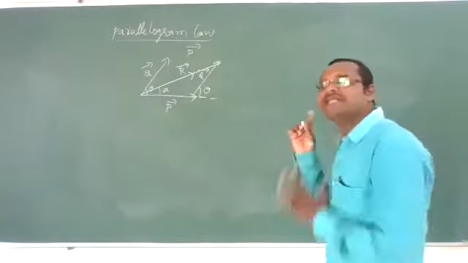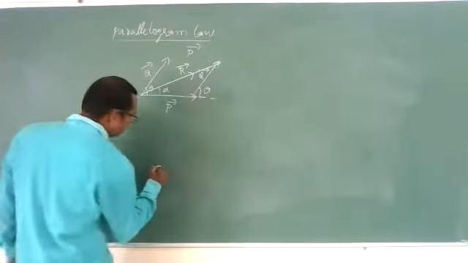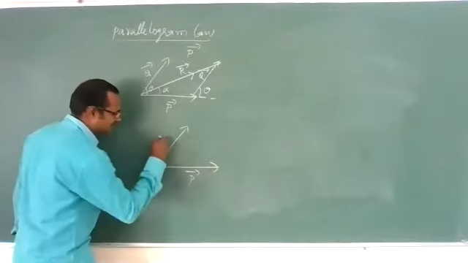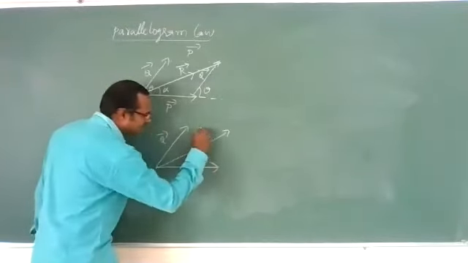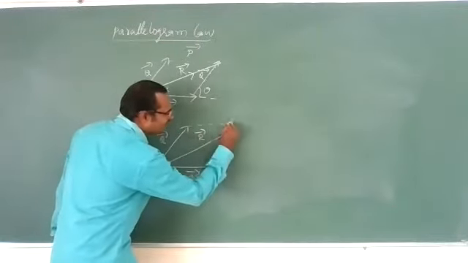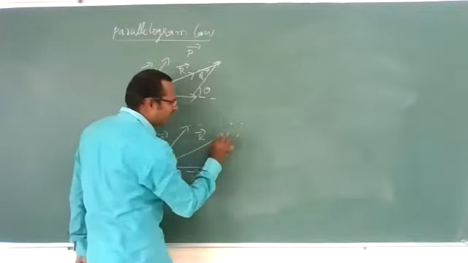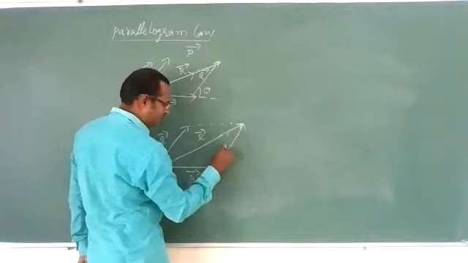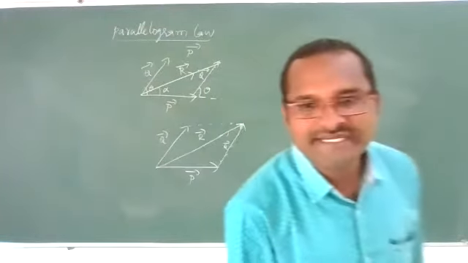Means if you clearly observe, it is again triangular law only. But here with two co-initial vectors, we can add directly like this. The resultant will be here. How are you drawing? You are constructing one parallelogram. Okay, and we are drawing the resultant like this, and this will be Q bar. Clear? Are you understanding?